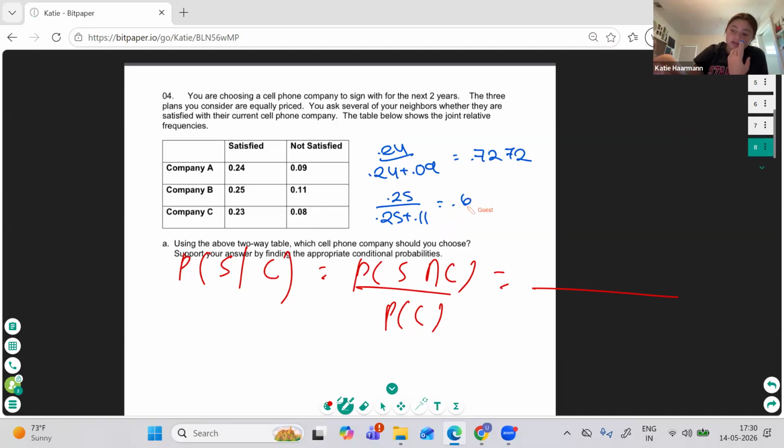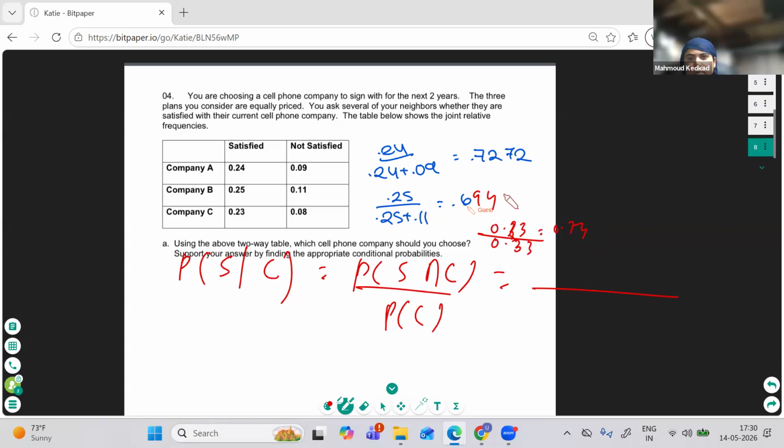It always glitches. But it says 0.694. Okay. And then the next one is 0.23 over 0.23 plus 0.08. And that one's 0.74. So of these companies you have the highest probability for C, so select C. One thing, if I change the question to what is the probability of a customer being